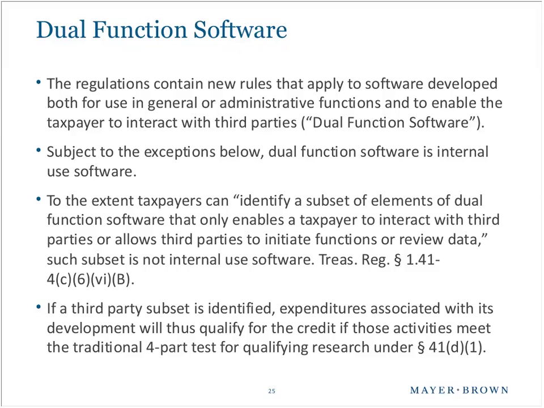In general, the regulations treat dual function software as internal use software. But they do allow taxpayers to identify a subset or element of that dual function software that does enable a taxpayer to interact strictly with third parties or allow third parties to initiate functions or review data, like the example we went over a moment ago with a customer ordering something from a taxpayer's inventory and tracking their order. Now, I do think that this is going to be a problem for more taxpayers than what they may anticipate because